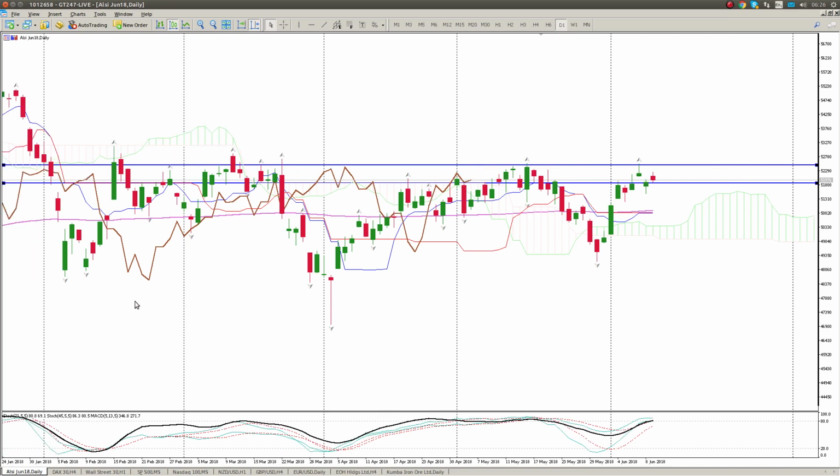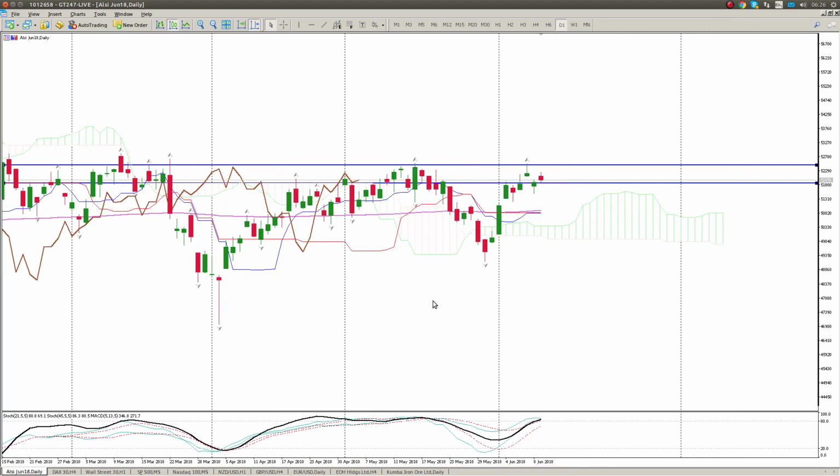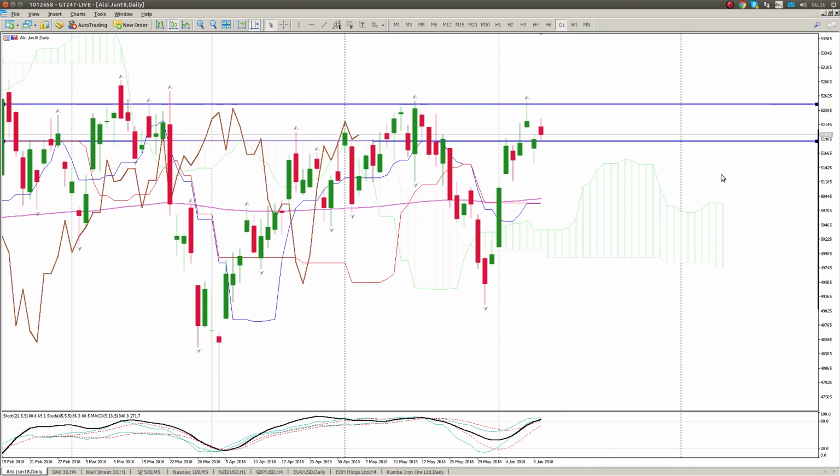I don't really read much into it, especially not on the daily when we've got massive patterns like this on the Aussie, purely because the Aussie can swing 1,000 points in a day in a blink of an eye. So it's really nothing that I pay attention to anyway. Okay, so the daily, the one thing that is